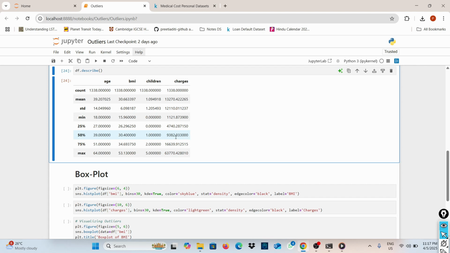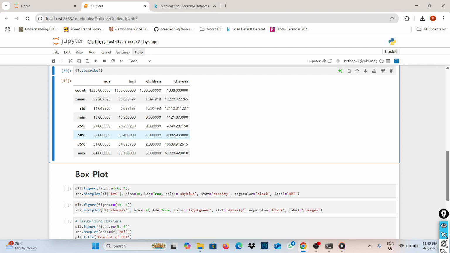Usually when the mean is extremely large, it gives a hint that there can be outliers. A very high mean means there are a few extreme large values, which are basically pulling up the average. Very large values cause the mean to pull up.